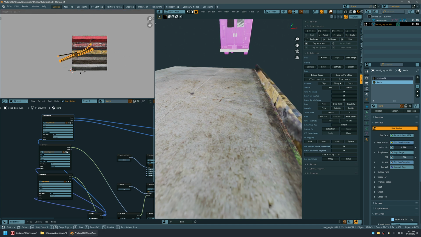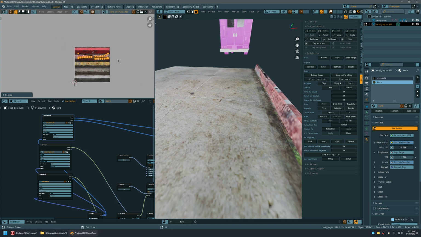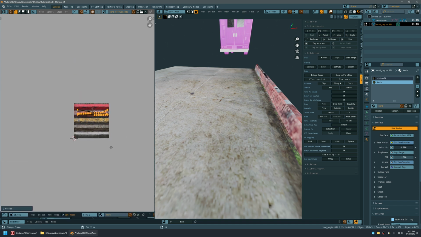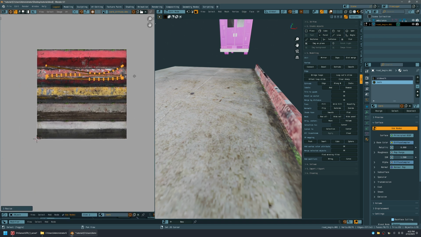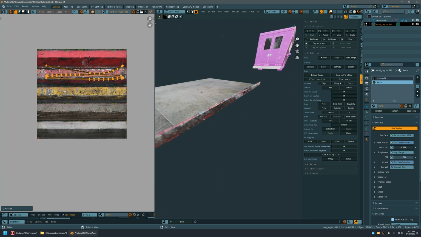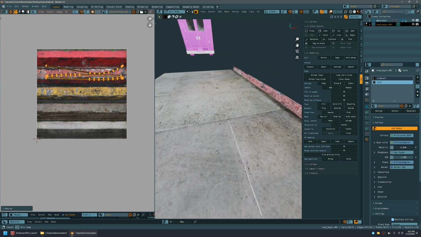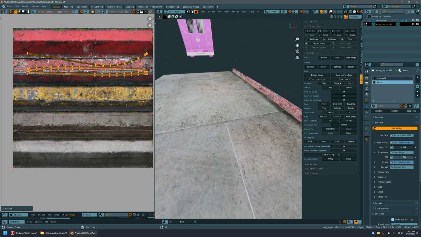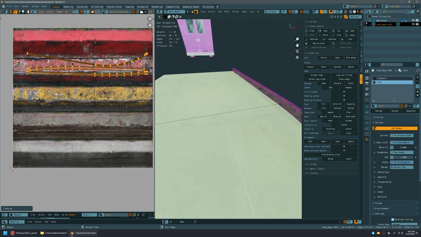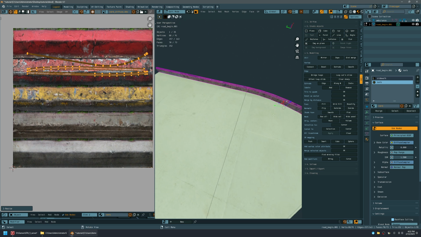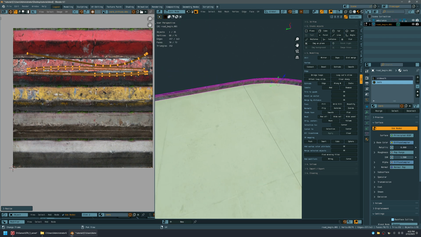A, R, G. So it still looks off, right? So let's fix that. Now, if you look at the whole thing, you will see that it's curved, and it's also curved